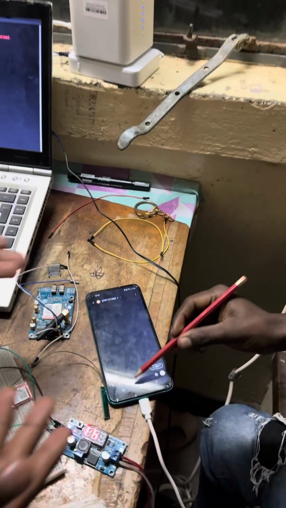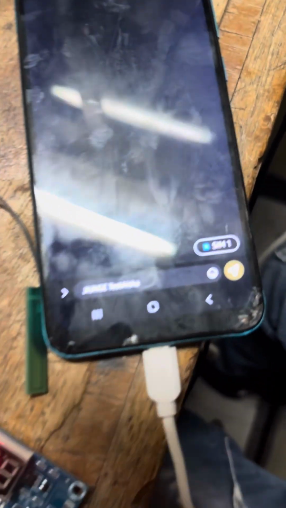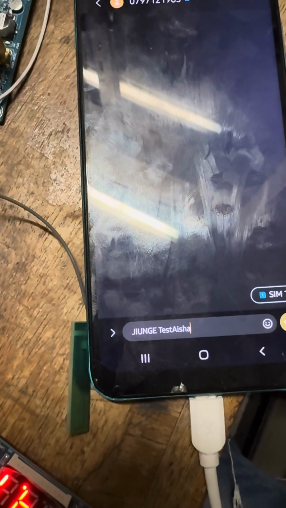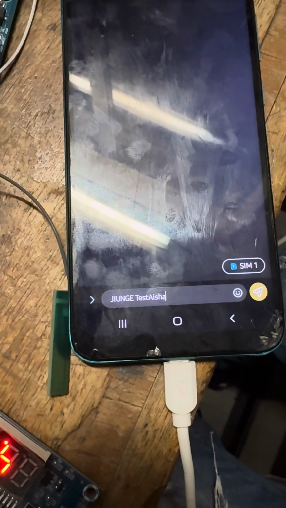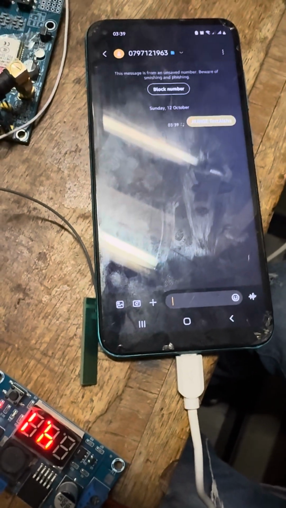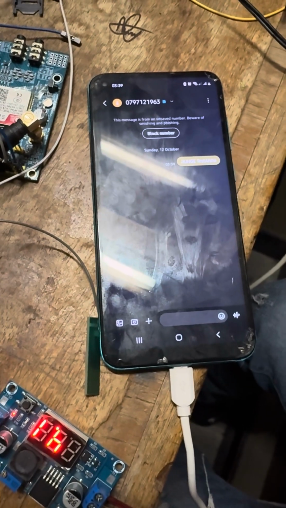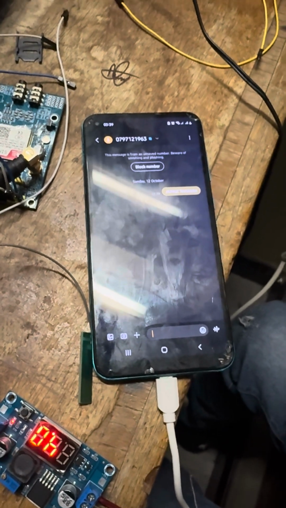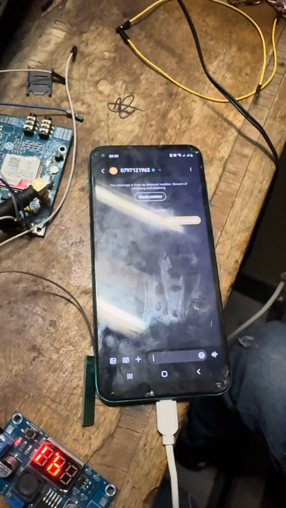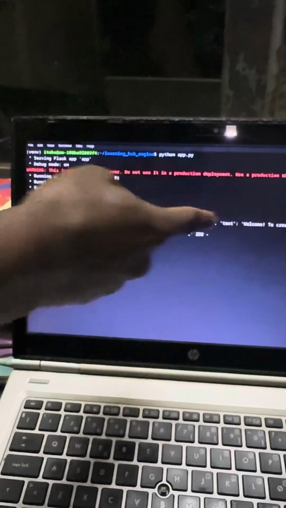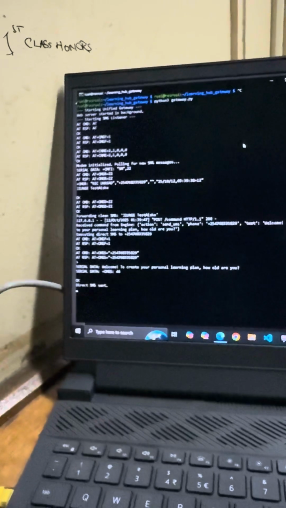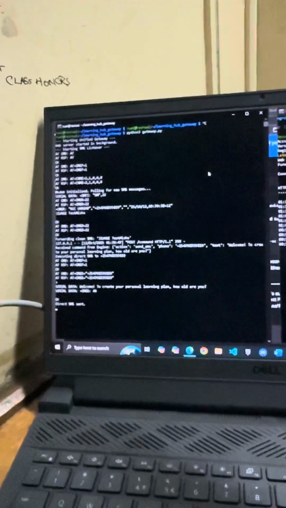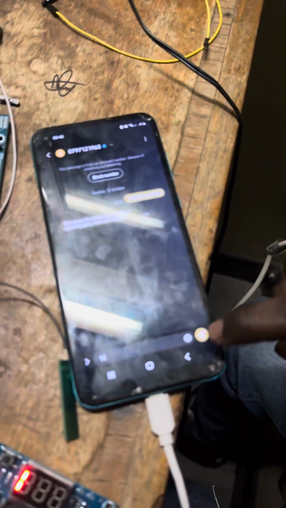And we have a student over here, and her name is Aisha, and Aisha is going to send a message saying "jiunge test Aisha". So Aisha is a lady in remote Kenya, and she sent a message because she wants to join our program and get classes. As you can see, a command has been sent. We've welcomed Aisha to our platform, and that has been recorded by the Pi. The Pi picked that up and sent it to our server over here, and as you can see, Aisha just received a message